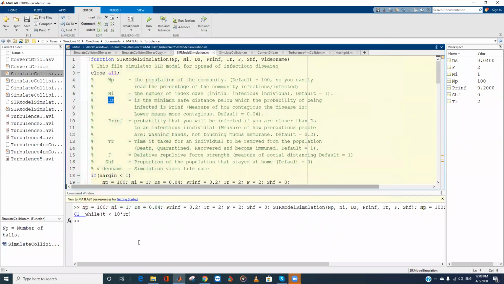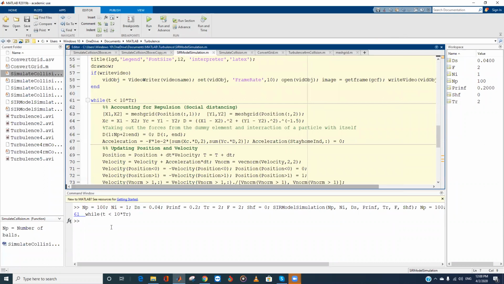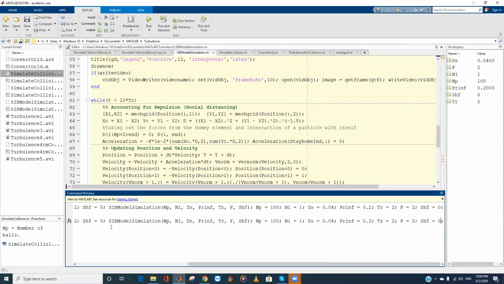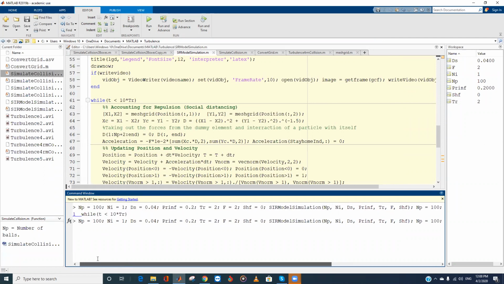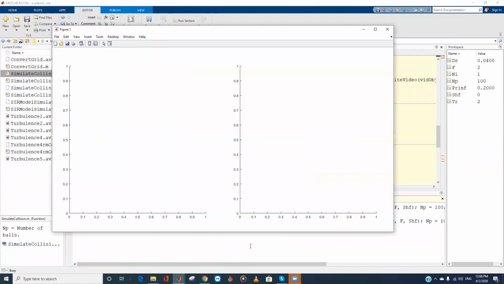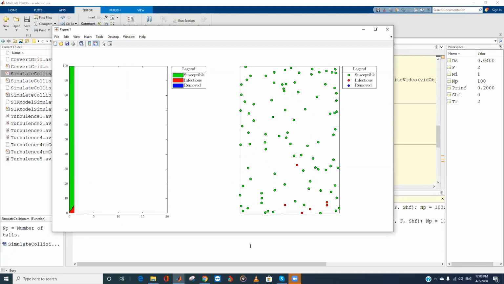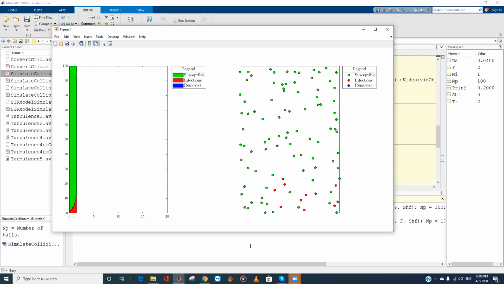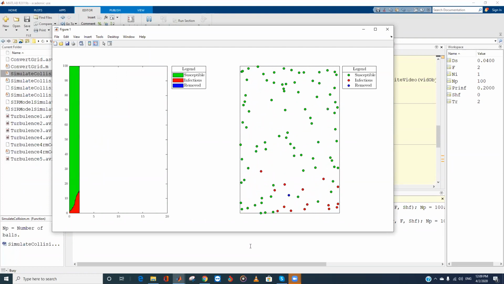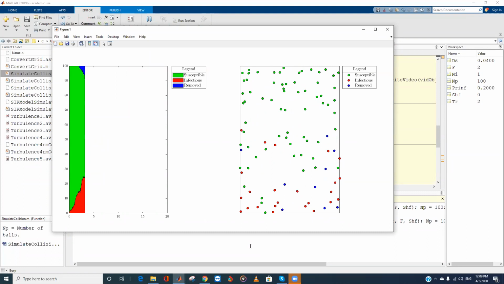So I'm going to come up here. Let me remove this breakpoint that I added here. Now I'm just going to come here and change this 0, which is the stay-at-home factor, to 0.5. So let us see what the result is. Now you can see that about half of those particles are not moving. So they are at home. All right. So we are going to see what will be the effect of a lot of people staying at home.